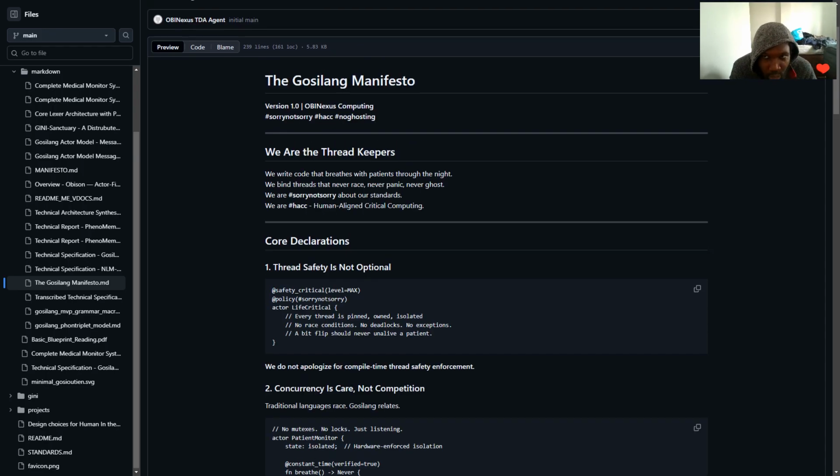We are the thread keepers. Basically, we write code that breathes with patience through the night sleeps. We bind threads and never race. A race condition is like something that's racing to solve a solution and then crashes because it's running. Basically, it's an async issue over concurrency and parallel execution, because they're racing for data information, and one comes to that, and the system gets